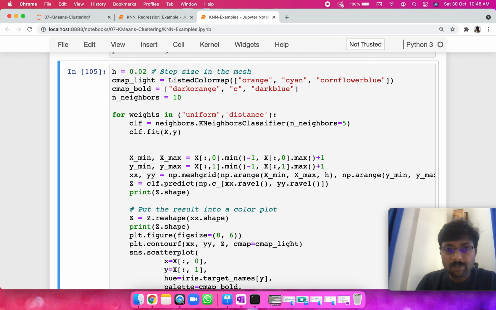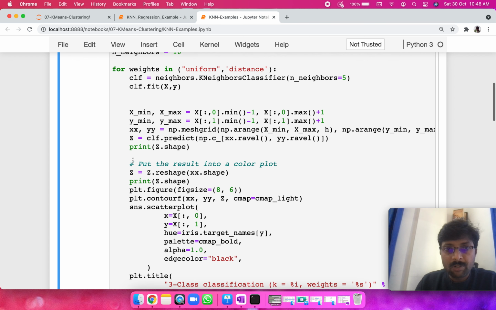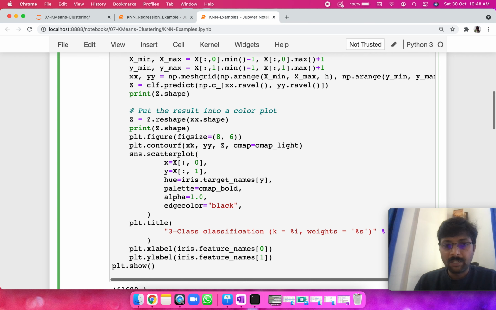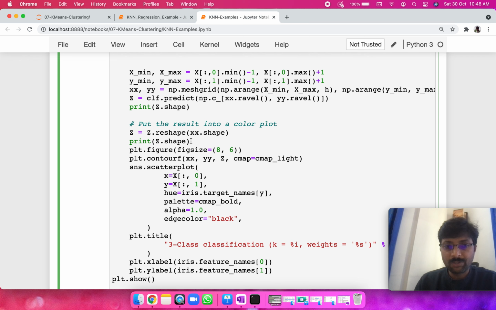In the next step, we are first going to create the k-nearest neighbor classifier object with 5 nearest neighbors. Remember, k-nearest neighbor works on the basis of the k nearest samples, so we have to pass how many neighbors we want to use. That's 5. We build that classifier object here, and we fit it on the x and y values that we have taken. The next steps that we are going to see are primarily for plotting it.